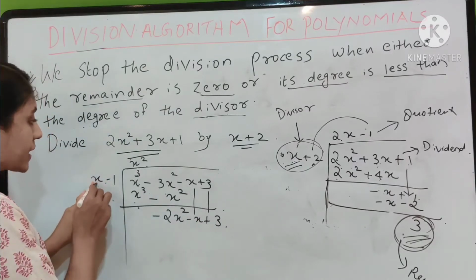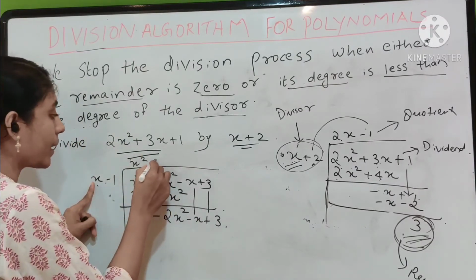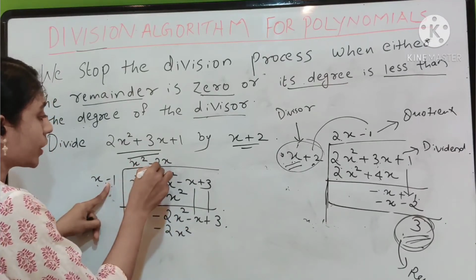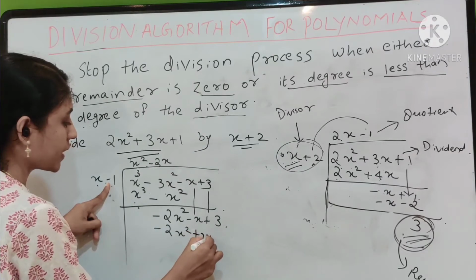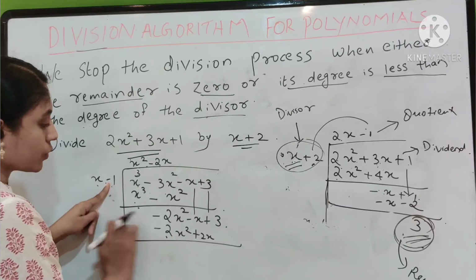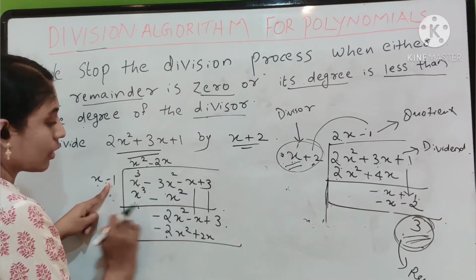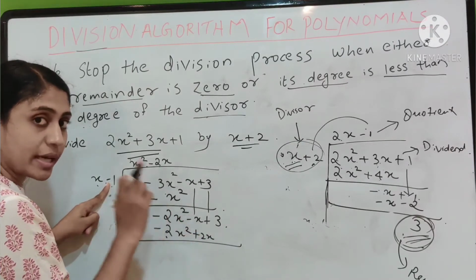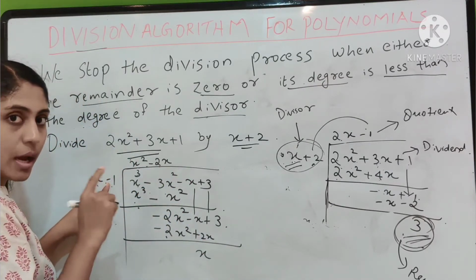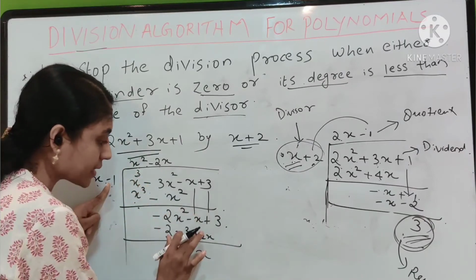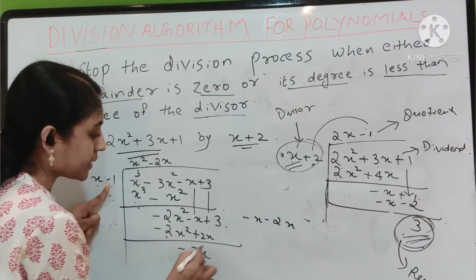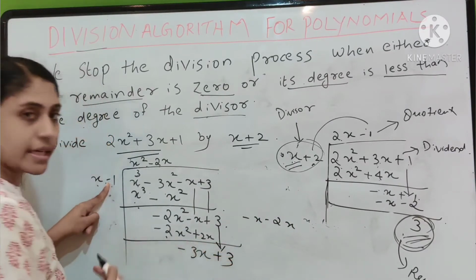Okay. Now next, x into x is x square, so minus 2x into x is minus 2x square. Then next, minus 1 into minus 2x, it is plus 2x. Then we have to eliminate this x square term, so you have to subtract. So subtract this and this. Now minus x minus of minus 2x, minus 1 plus 2, it is 1x. Okay, understood? Minus 1 minus 2, not minus of minus, here it is plus. So minus x minus 2x, it is minus 3x. Then write this term here, minus 3x plus 3.